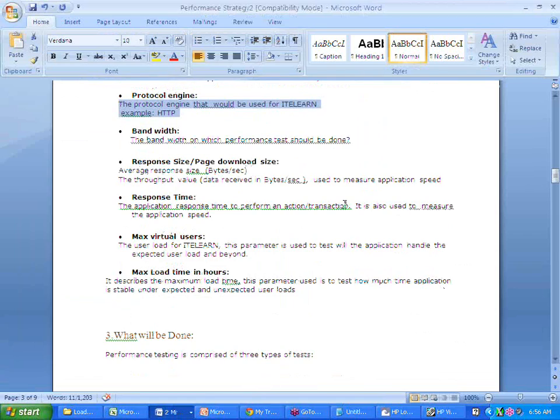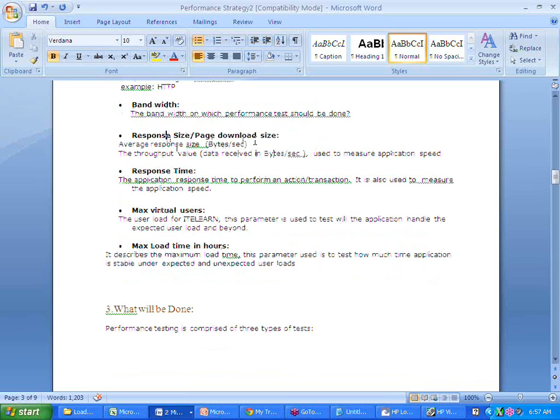Okay, so as I said, team, in the next session we'll be working on our own strategy document for our own application. This is like a template for you. So the bandwidth on which the performance test should be done. Okay, again in day 2, if you could recollect, I did show you how to pick the bandwidth. Do we want to go for the maximum bandwidth, or do you have a specific number as such? Okay, so that I did explain in the day 2 session. However, we'll do that again in the next session.